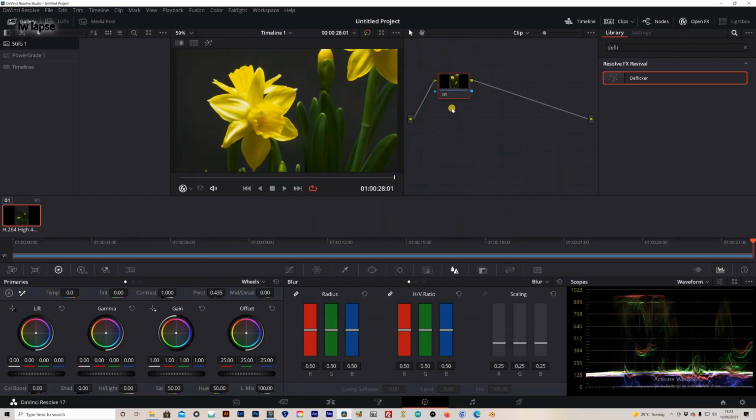Go to the color tab. Not going to do anything too major here, just want to darken up the background a bit, maybe make the flower pop a bit more. Use Alt S to create a few more nodes.